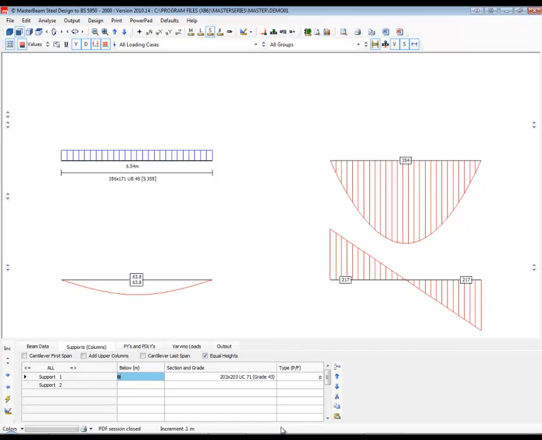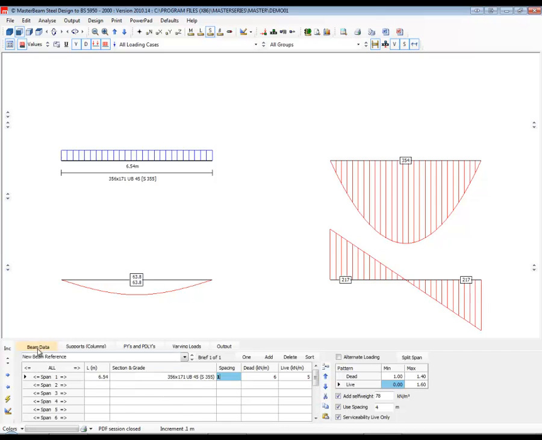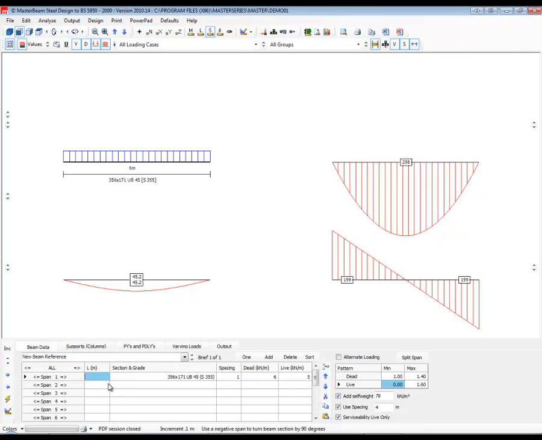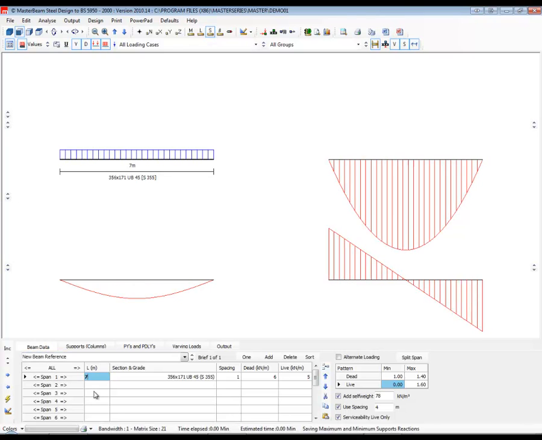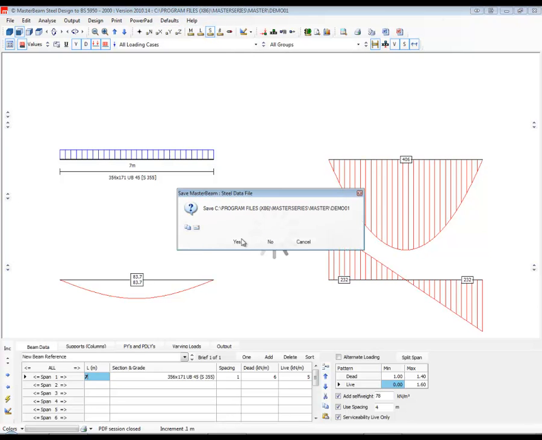Now, having got this initial configuration, what I'm going to do is say use this as my default. And just before I do that, I'll go back and put in the default as being something simpler, 6 meters, and say use that as my default, or even 7 meters, so it's different from the normal. So if I now come out, save that,